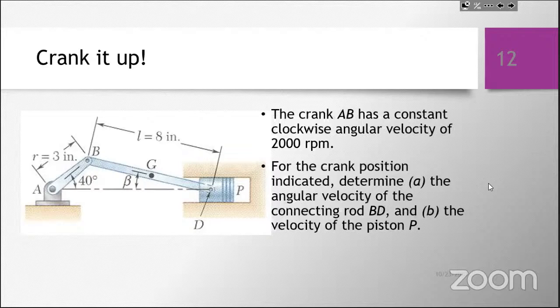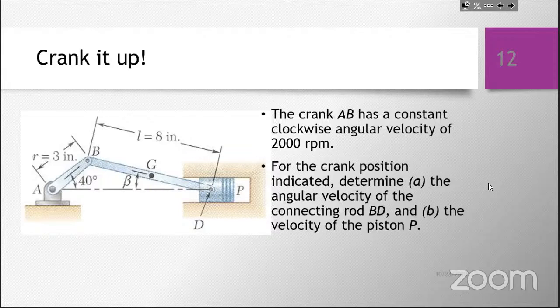I have a crank AB that has a constant clockwise angular velocity of 2,000 RPM. So the crank position shown, determine the angular velocity of the connecting rod BD and the velocity of the piston P. Now there's a couple things here, right? And there's a couple of things that the guy didn't talk about in the video, right? But specifically,